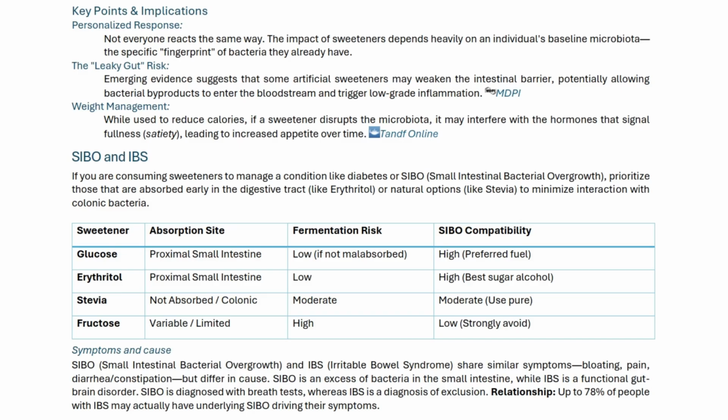SIBO and IBS exhibit similar symptoms, including bloating, pain, and changes in bowel habits, but they differ in their underlying causes. SIBO is characterized by an overgrowth of bacteria in the small intestine, while IBS is classified as a functional gut-brain disorder. Diagnosis of SIBO is typically conducted through breath tests, whereas IBS is diagnosed through exclusion of other conditions. Notably, research indicates that up to 78% of individuals diagnosed with IBS may actually have SIBO as the underlying cause